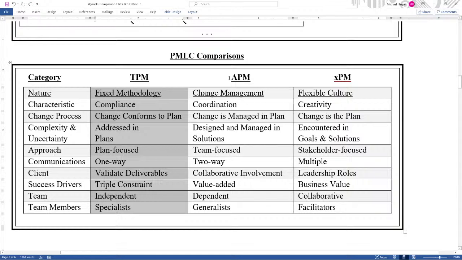Contrasting traditional with agile, agile has the nature of change management. For example, the characteristic is more coordination because you're changing the solution. Change is managed in the plan, so you keep changing it in the plan. That is, the complexity and uncertainty is designed and managed in the solutions. And finally,